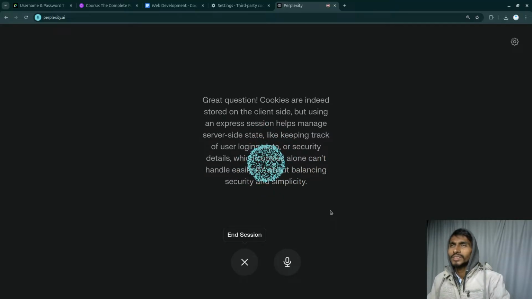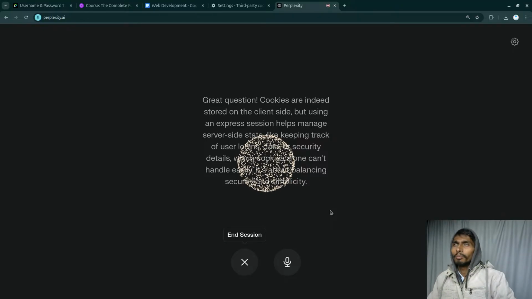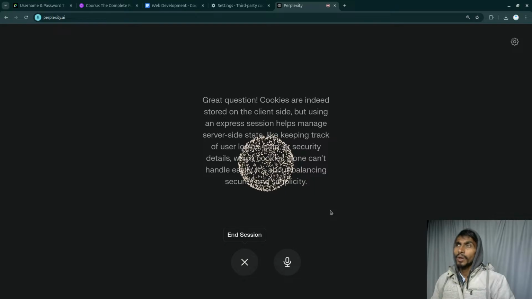Okay, that simply means that if I'm just saving the cookie on the client side, then I will have to manage a state as well. State in the sense that with the help of that cookie, I will have to store a token as well in the cookie section. So using that token, I will be able to check whether the user is logged in or not, or I will have to make a request to the database to check that. And if I'm using express session, this can be done directly, right?